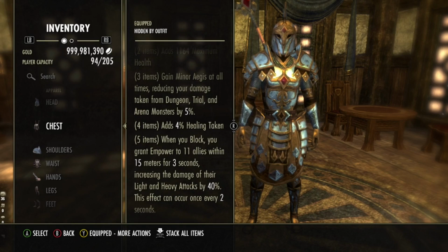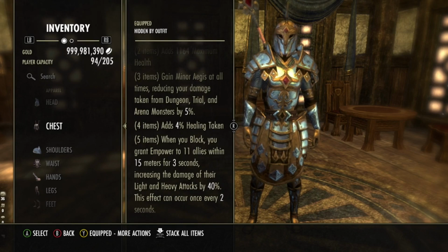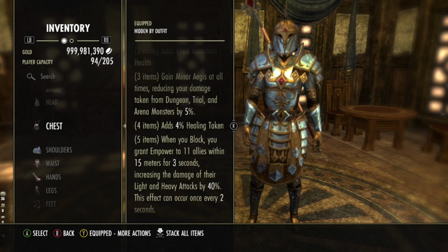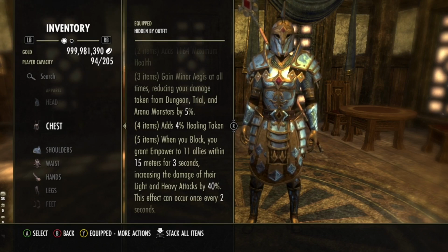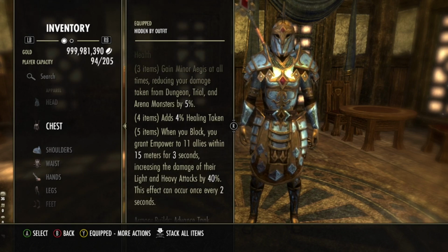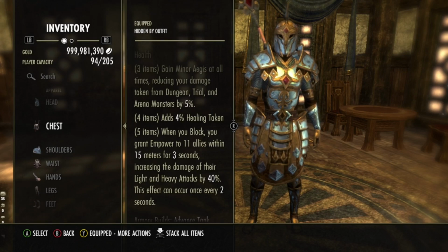And then the 5-piece bonus is when we block, we grant empowerment to 11 allies within 15 meters for 3 seconds, increasing the damage of their light and heavy attacks by 40%. This effect can occur once every 2 seconds. So on this build, we now have 2 sets, Ages of Gallenways and Powerful Assault, that we are providing a